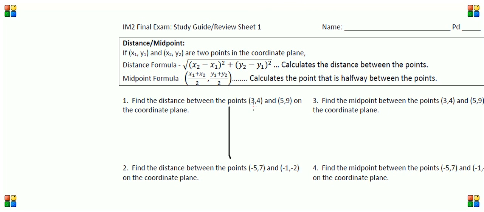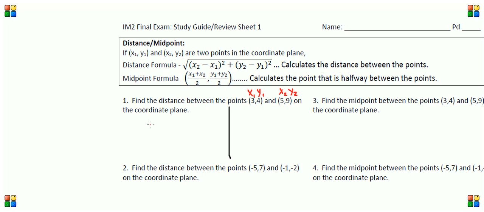I'm going to label the 3. That's an x value, so that's going to be x sub 1. The 4 is a y value in our coordinate plane, so we'll label that y sub 1. The 5 we'll label as x sub 2. And the 9 we're going to label as y sub 2. The reason we did this is just to keep you from accidentally plugging in the wrong number into the